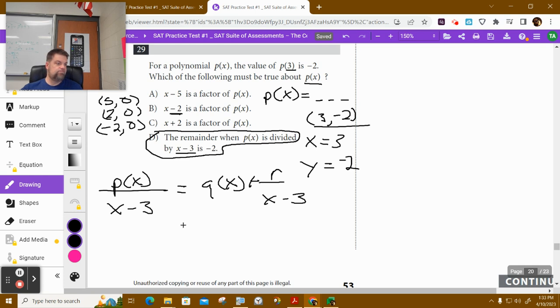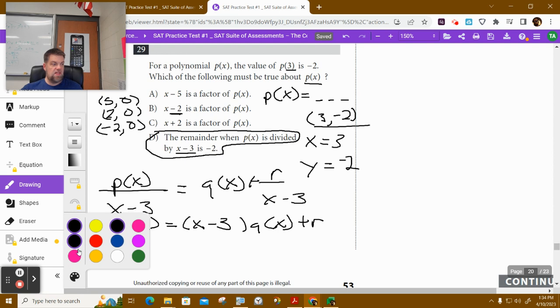So then, well, I don't know if I want to write it. This might confuse you if I do it that way. What you're saying is that p of x is equal to x minus 3 times q of x plus r. And then, when that takes place, if I say p of 3,